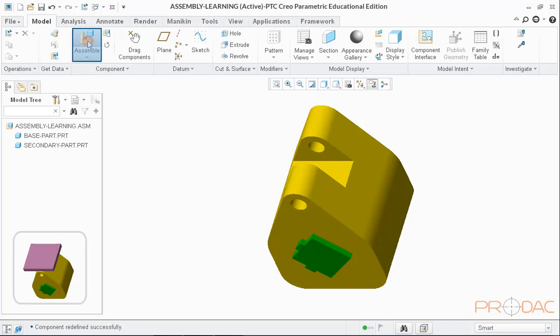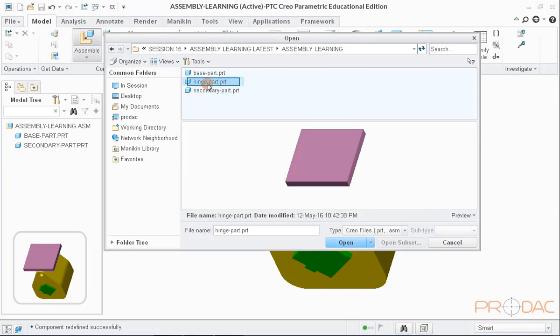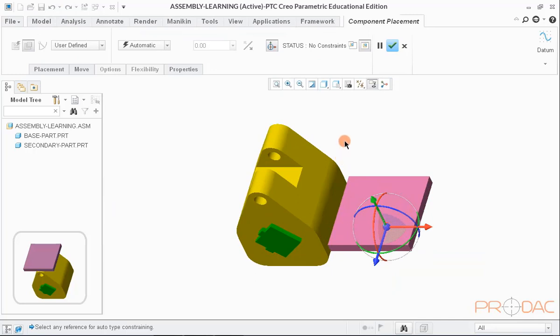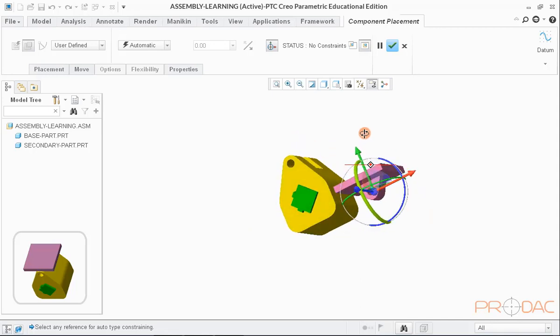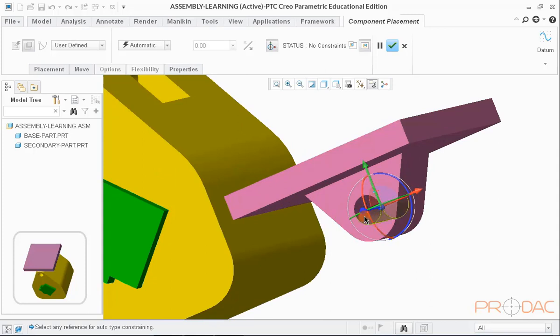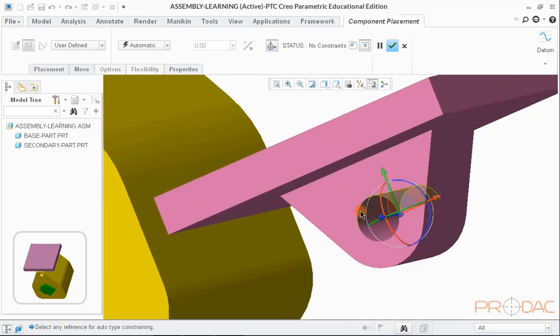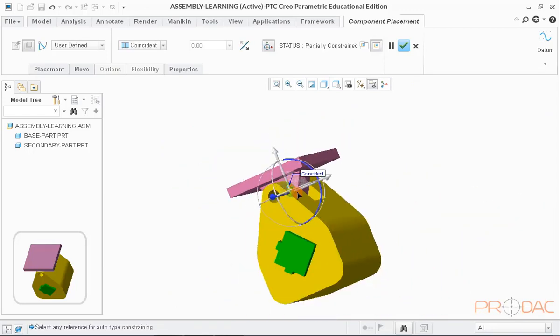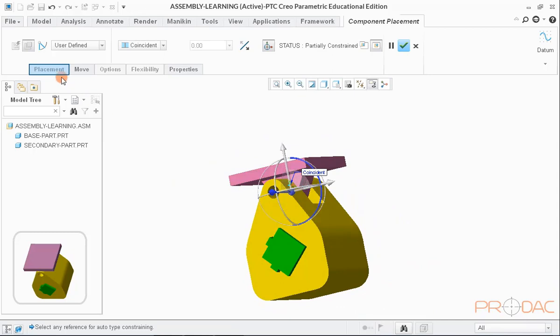Once again, we'll click on the button labeled as Assemble and choose the third part to be opened. This part has a hole which is supposed to mate with the hole in assembly item. We can do that by coinciding both the axis or circular surfaces of the holes. First, we'll do it by surface mating. To do this, select both the surfaces one after another. Creo will automatically take appropriate constraint, which we can verify in Placement window.